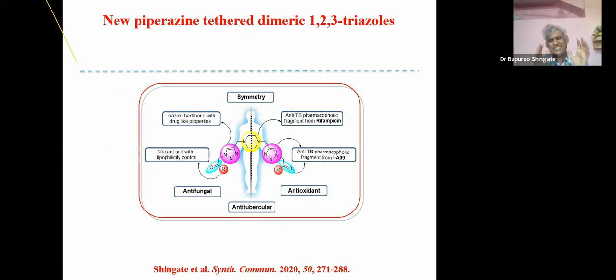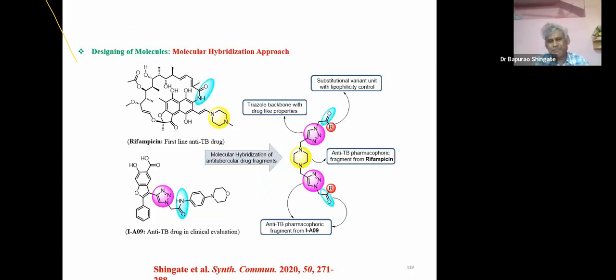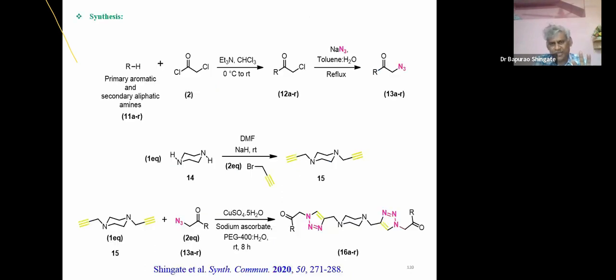See, in our next attempt, we have changed the spacer in place of the phenolic OH group. We have inserted a piperazine moiety, and it looks like one kind of symmetry over here. Accordingly, we have designed the molecules, since piperazine based compounds are highly active, and one of the drugs, that is rifampicin, has a piperazine skeleton. And accordingly, we have made the dialkyne part from commercially available piperazine by using sodium hydride and propargyl bromide. We have this terminal alkyne, and we have already synthesized the azide part,